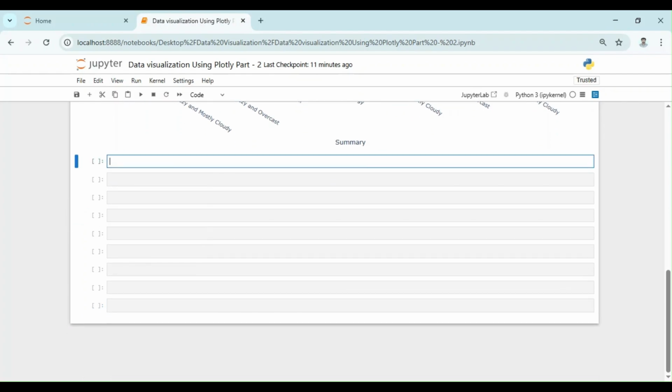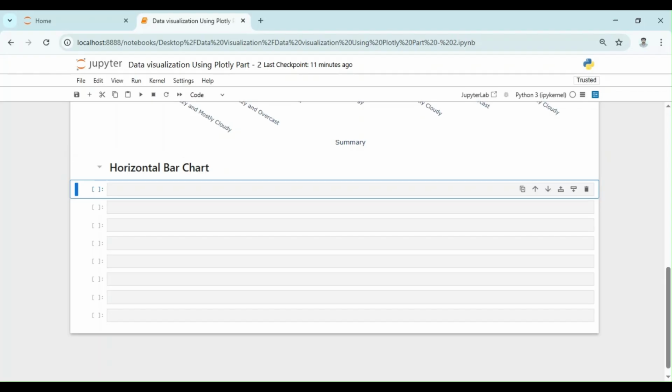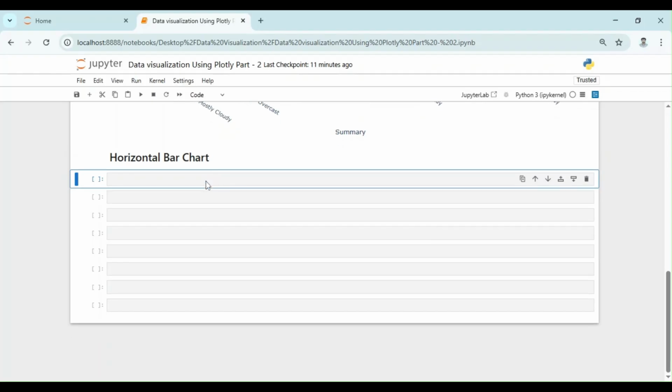So while vertical bar charts work well in many situations, they can become visually cluttered when category names are long or there are too many of them. In such a case, horizontal bar charts provide better readability by aligning the category labels vertically along the y-axis. This makes it easier to read and interpret the data, especially when dealing with text-heavy categories